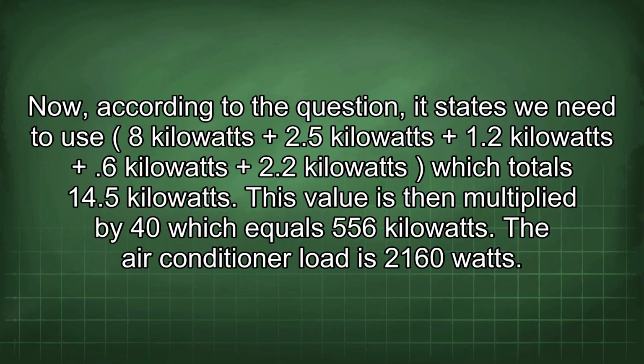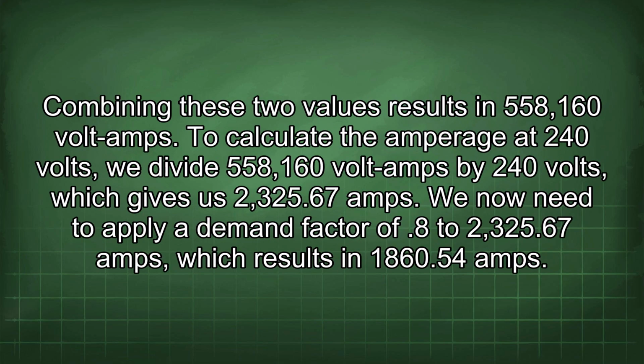Now, according to the question, it states we need to use 8 kilowatts plus 2.5 kilowatts plus 1.2 kilowatts plus 0.6 kilowatts plus 2.2 kilowatts, which totals 14.5 kilowatts. This value is then multiplied by 40, which equals 556 kilowatts. The air conditioner load is 2160 watts. Combining these two values results in